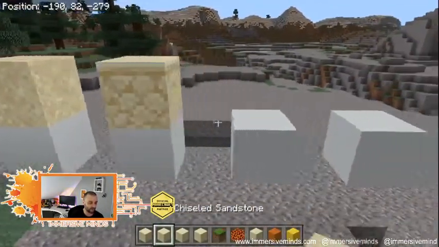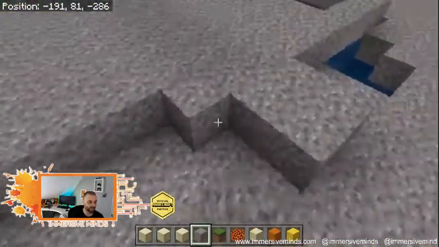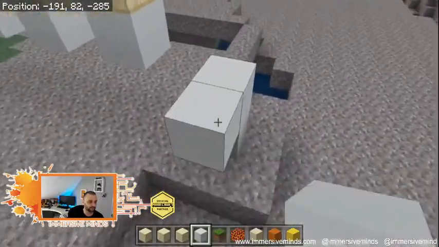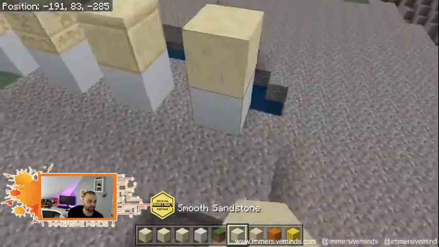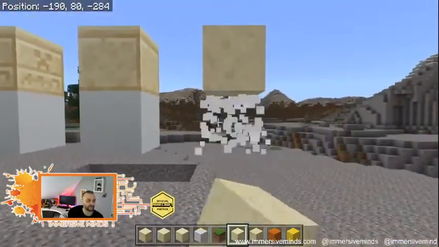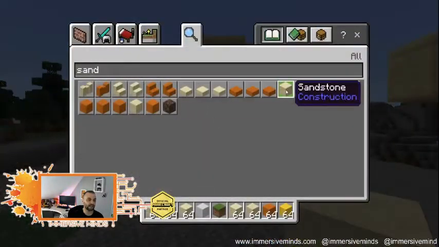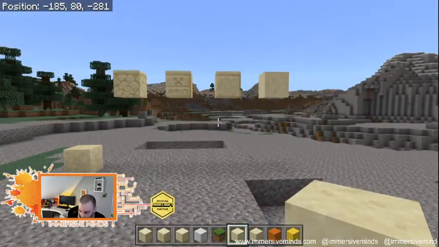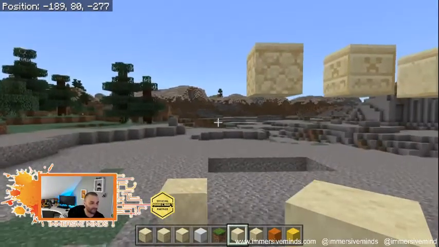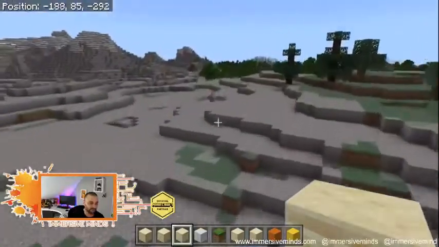So we've got this one, this one, this one, and then, trust me, to get rid of the one that I wanted to use. Let's go back in and get that smooth sandstone again. There we go. So let's try this. Smooth sandstone stays. Cut, chiseled, what's this stuff? Just sandstone. Yep, sandstone, sand. So sand was the only one that fell. Everything else stayed where it was. And what's really interesting about that is when we decide to build pyramids,